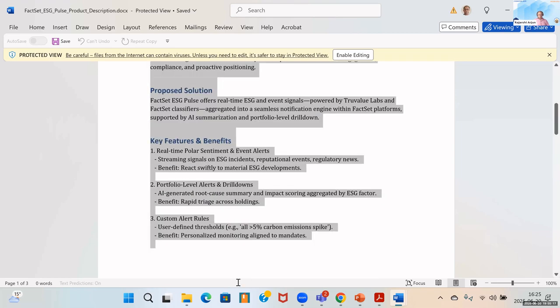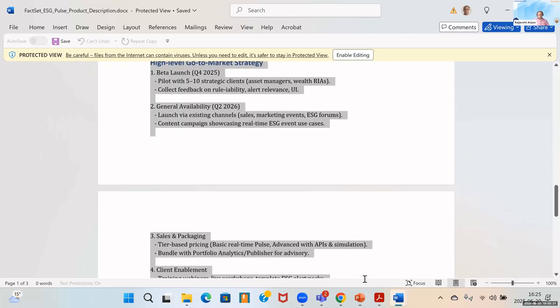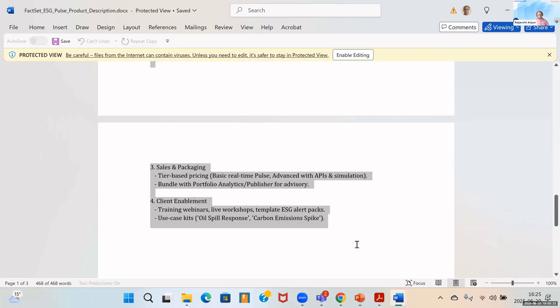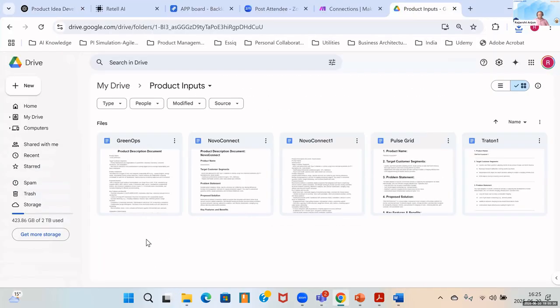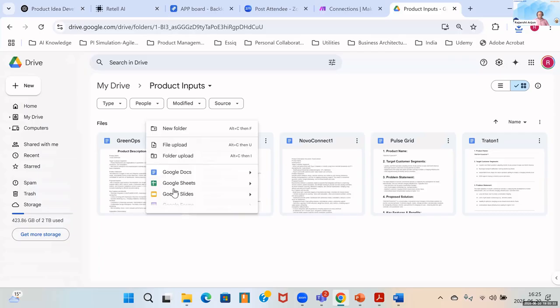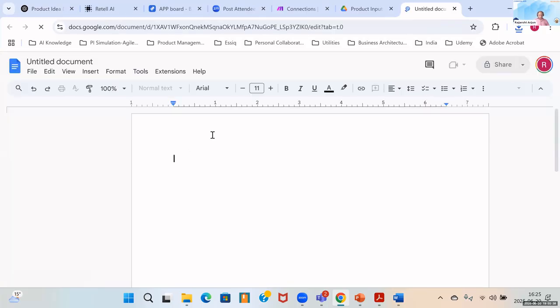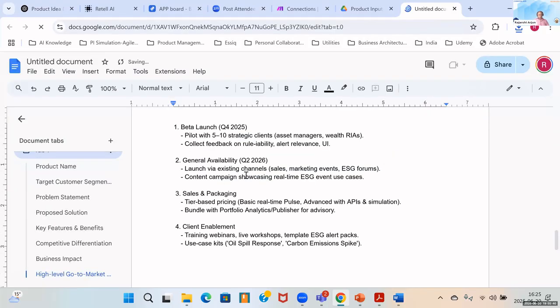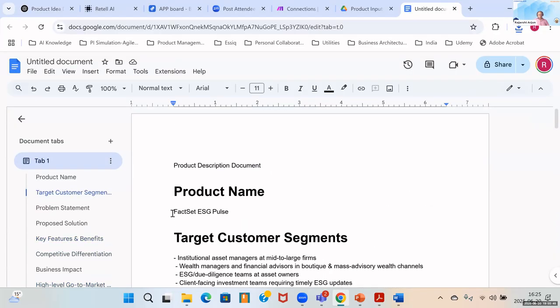I'll just take this document as is. I have a couple of documents here, but I will use this one, and I'll paste it here. And I'll give the name of this document as ESG Pulse.